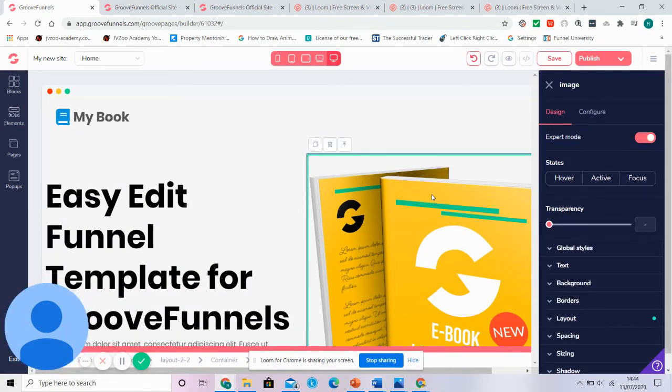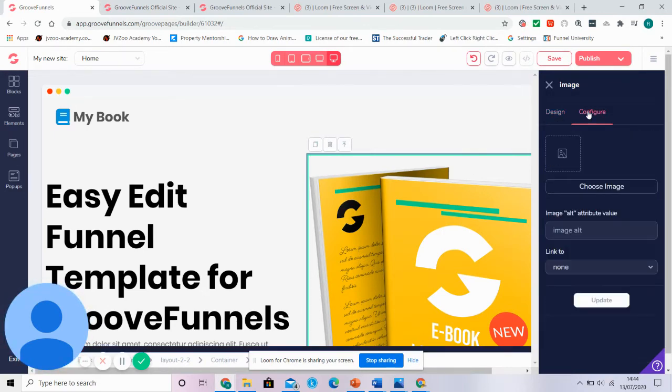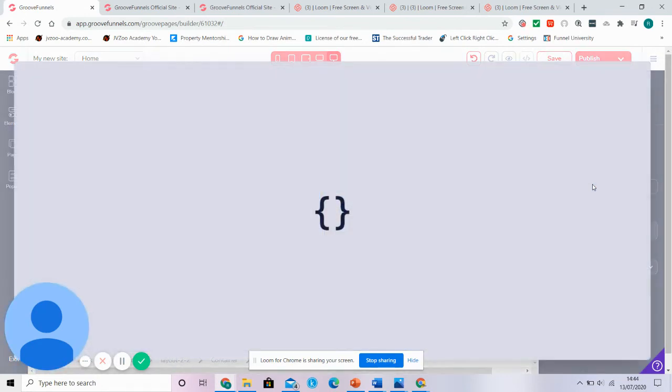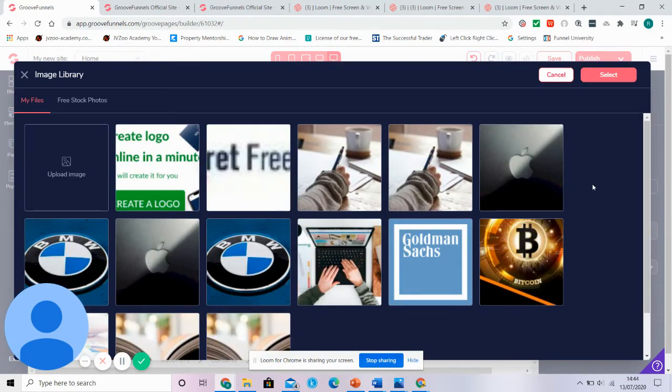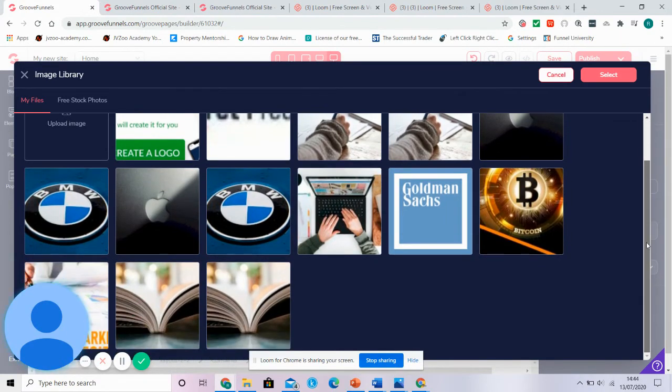All you do with the picture of the book is you press on the picture, you press on configure, and you're going to want to choose an image. Now, I've got various images up here. All you do here to upload an image is you go to here, upload image. That will take you to your files, and you can choose from your own desktop. So once you have a book cover,